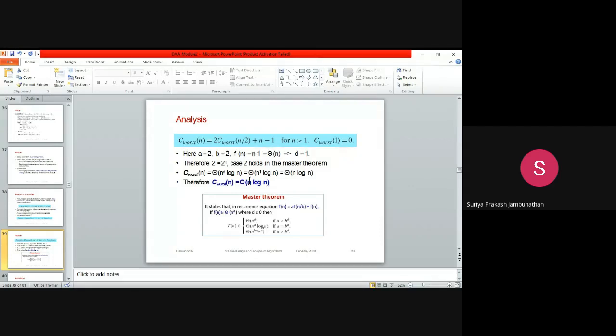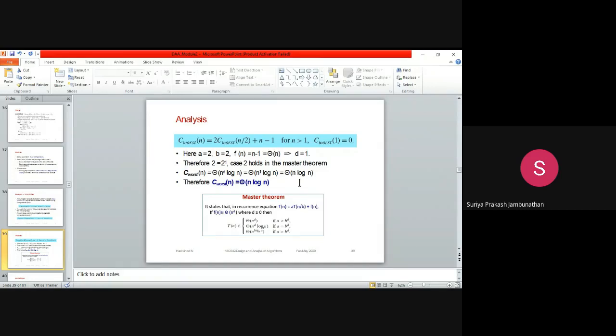So what is the thing here? When you have the recurrence equation, T(n) can be written as aT(n/b) plus f(n). In that, when you are checking, f(n) belongs to theta of n^d, where d is greater than or equal to 0, in that case we can write the time complexity in 3 different ways.